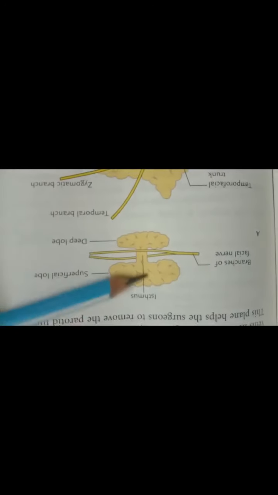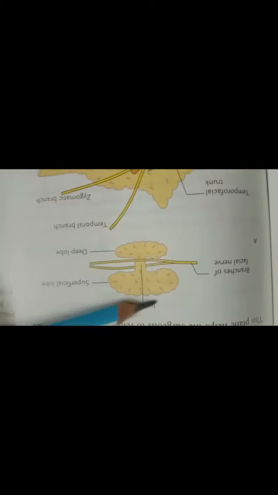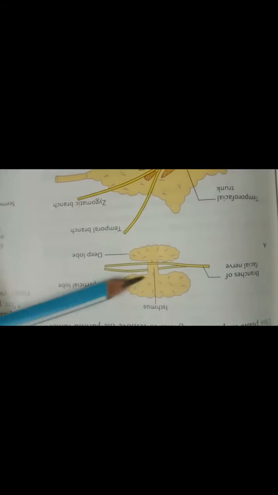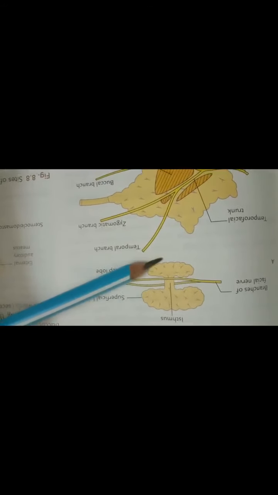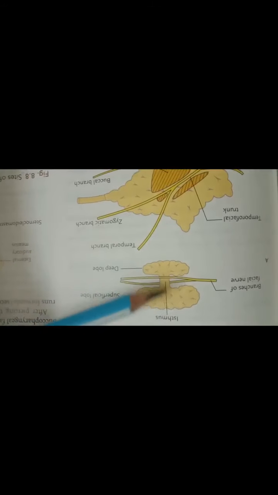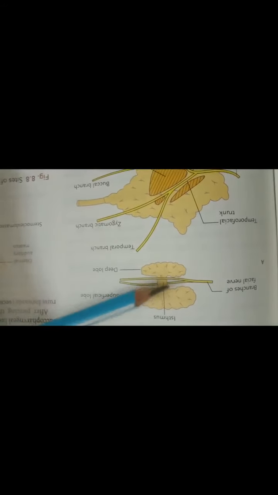Then that is the Petit's faciovenous plane. So the parotid gland is divided into a large superficial part and a small deep part, which are called lobes. So this is the large superficial lobe and that is the small deep lobe, and these lobes are connected by the isthmus of glandular tissue, so the gland appears H shaped in the coronal section.